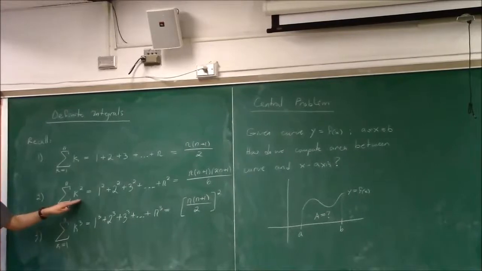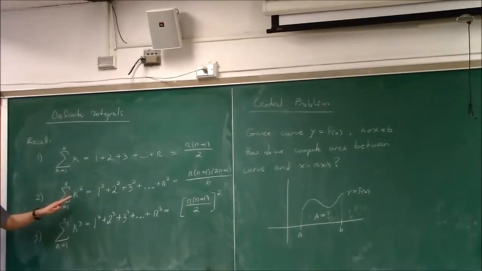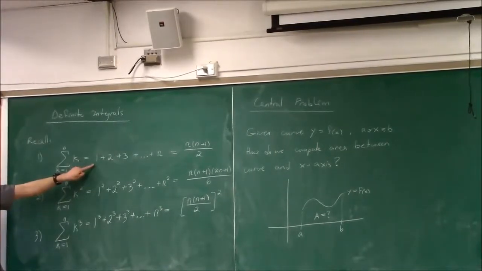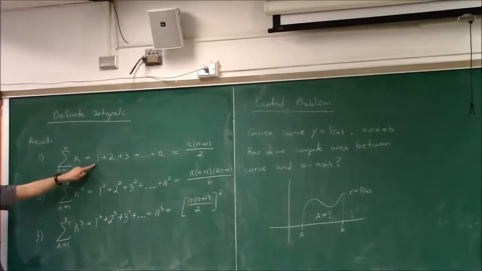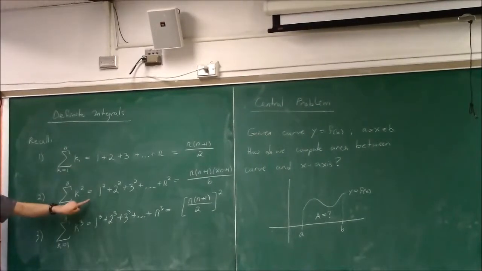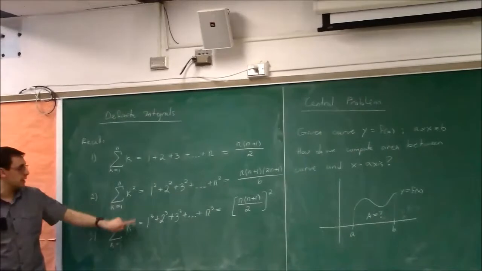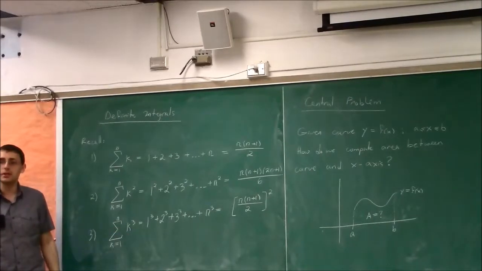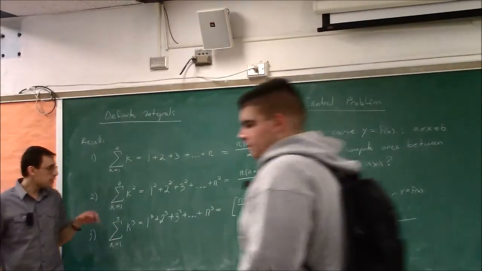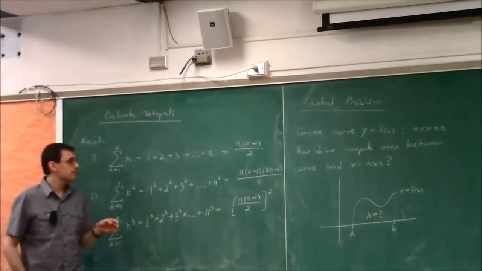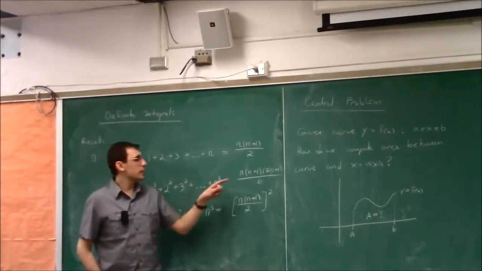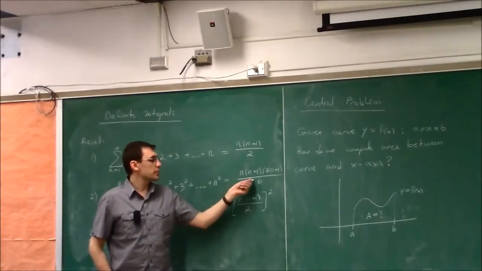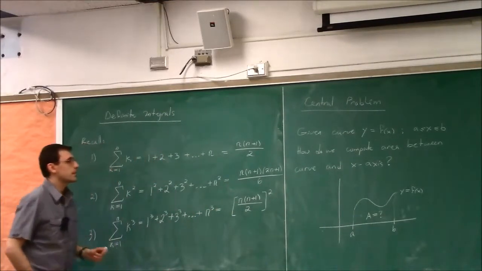There is a formula for k squared. I will not make you remember this. This is very easy. This you should be able to derive on your own. I showed you how to derive this. Derivations for the k squared formula and for the k cubed formula are actually a little harder. You use an algebraic trick. But if I utilize those formulas, I will give them to you in this form. So